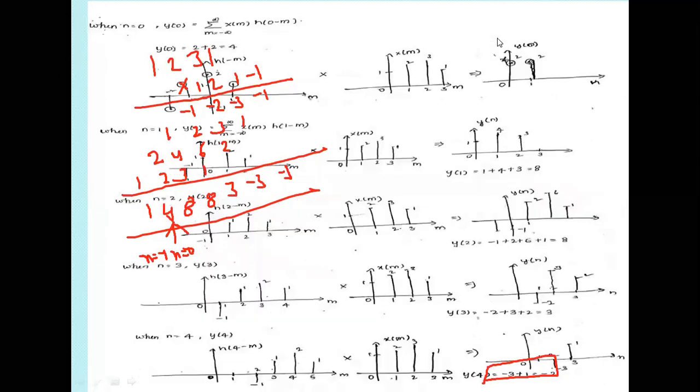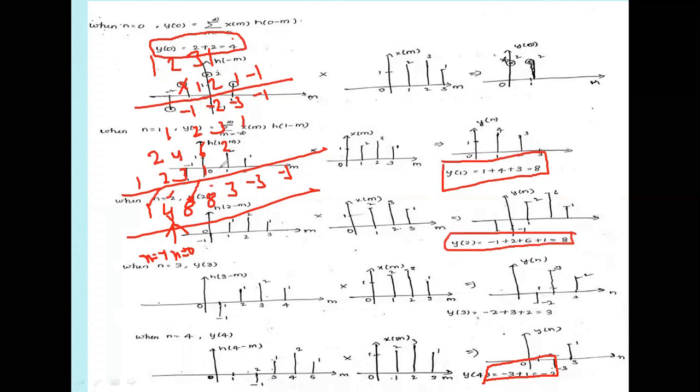And then after, y of 0 is equal to 4. Y of 1 is equal to 8. 8 we got here. Next value is also 8. Y of 2 is also 8. And y of 3 is equal to 3. And y of 4 is equal to,